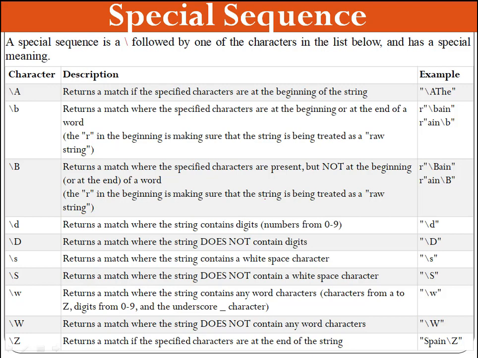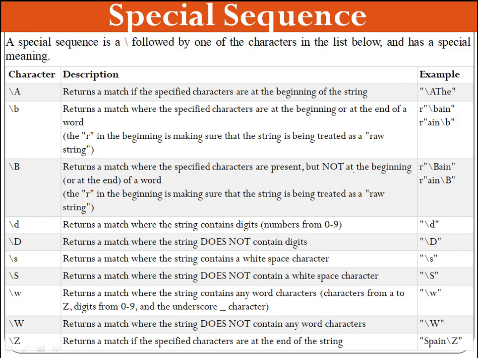You can see the example over here, where we have put backslash capital A in front of it. Backslash b returns a match where the specified characters are at the beginning or end of the word. Backslash capital B returns a match where the specified characters are present but not at the beginning of the word. Backslash small d returns a match where the string contains digits. Backslash capital D returns a match where the string does not contain digits.